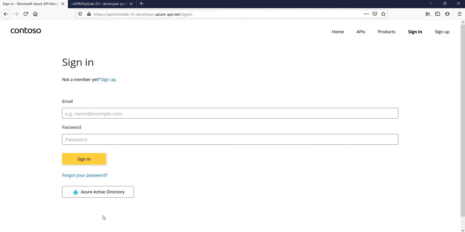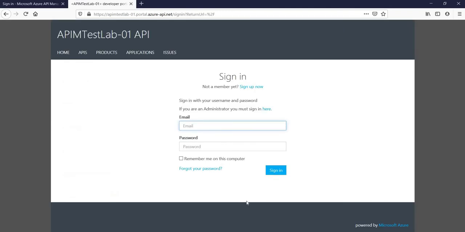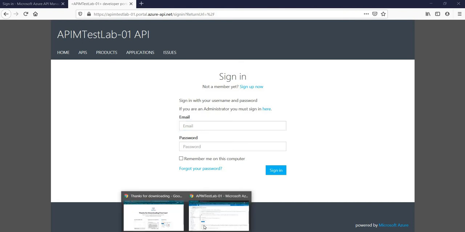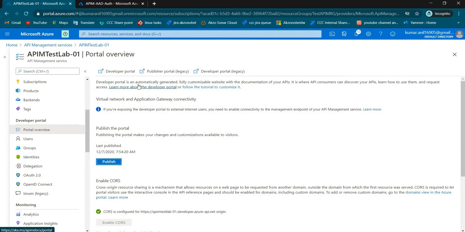Obviously, you can see Azure Active Directory here, and here it is not showing. Why? This could be because the changes we have performed were not published properly. So in this case, you have to go back to the Azure APIM portal and publish the changes.